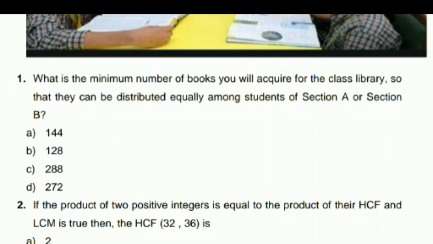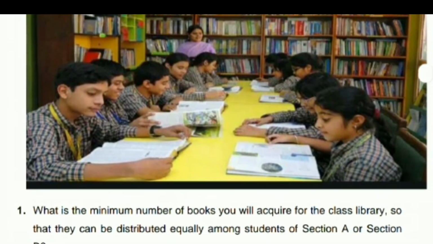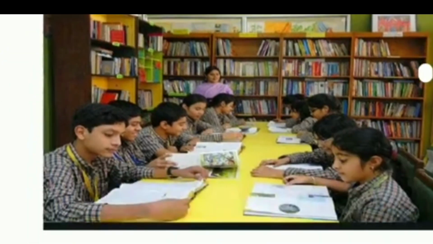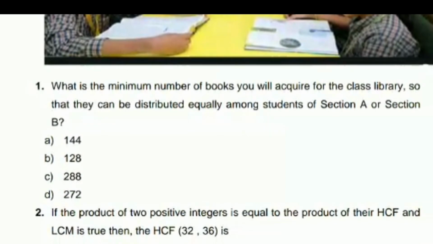So in this case you are finding a multiple. You have been given two factors which are 32 and 36 if I am not wrong. Yes, 32 and 36, and you have to find the multiples of them such a multiple which is minimum also, as well as it can come in the table of both 32 and 36. Then only you will be able to find out now that how many books will be given to per student.